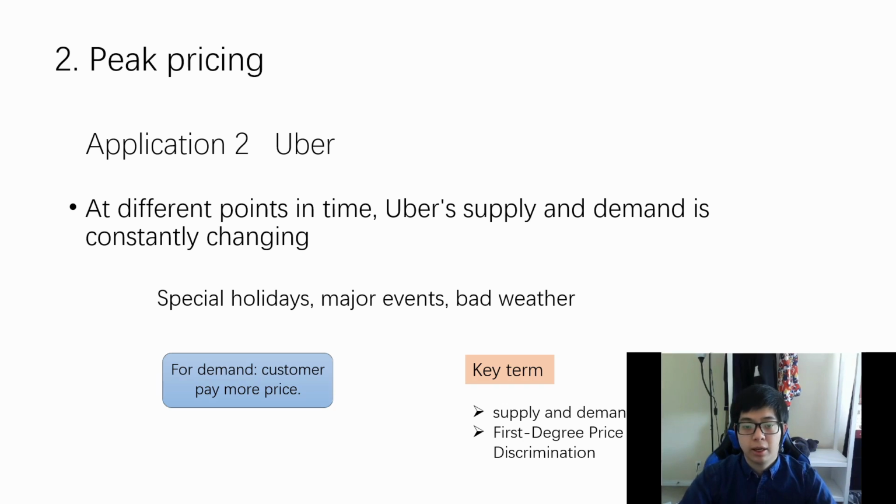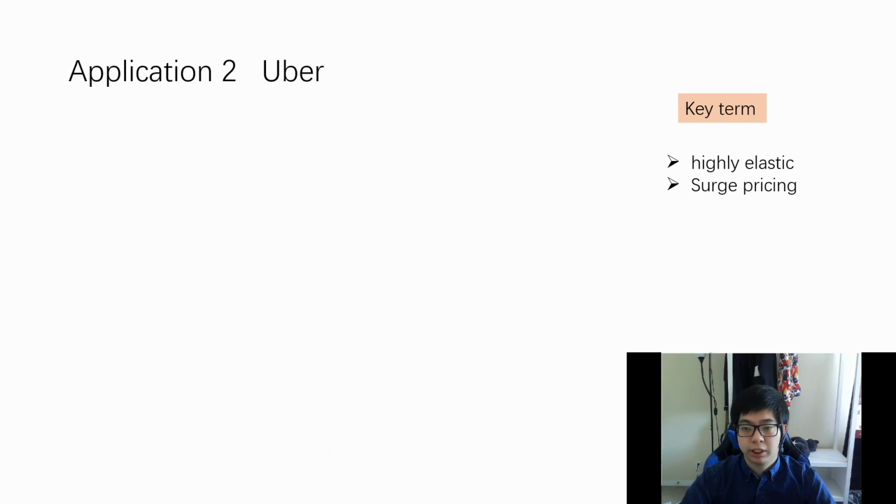As for supply, the company gives more money to drivers who will stay in the system longer in order to cater to mass demand during the rush hours. By offering drivers more money, they could increase the number of drivers on their roads by 70 to 80%. And more importantly, they could eliminate 2/3 of the unmet demand. The supply curve was highly elastic. Drivers were indeed motivated by price.